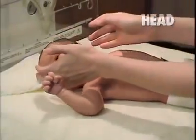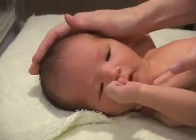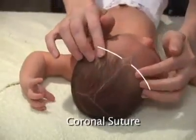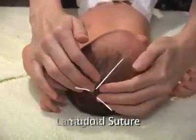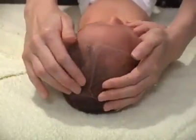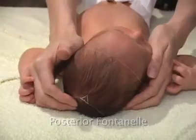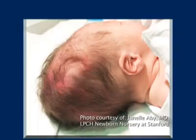Head. The infant's head is often molded at birth from being engaged in the vaginal canal. It's not uncommon for the skull bones to overlap each other. Palpate the anterior fontanelle, coronal, sagittal, and lambdoid sutures, and posterior fontanelle. Take note of any trauma to the head, such as caput succedaneum, which is the diffuse swelling